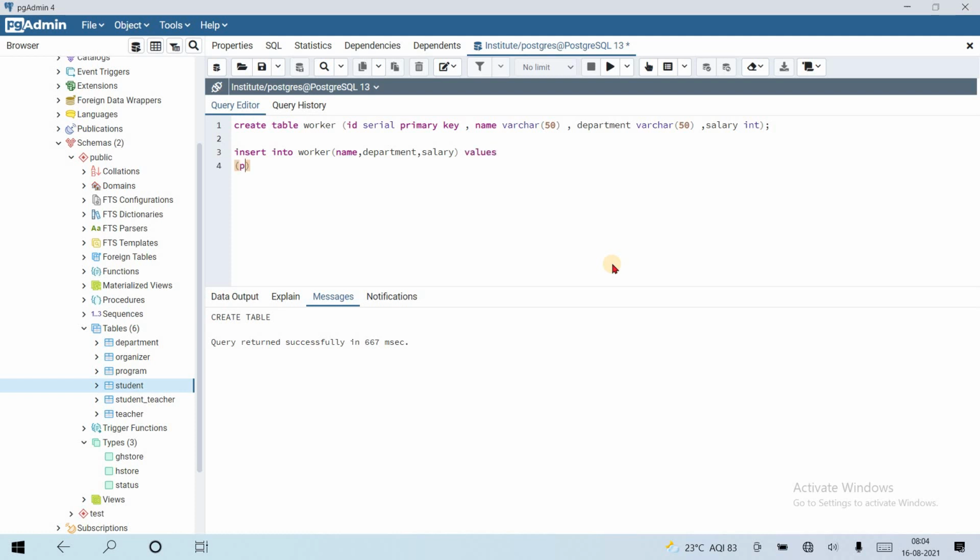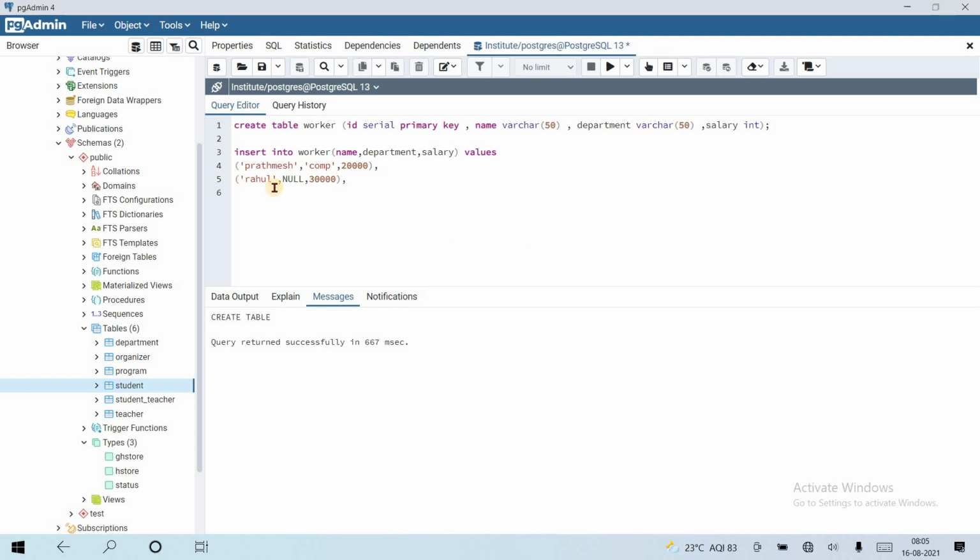Suppose name of worker is Prathamesh, department is computer, and the salary is suppose 20,000. Next, Rahul, and department has no value, insert null, comma, salary suppose 30,000.